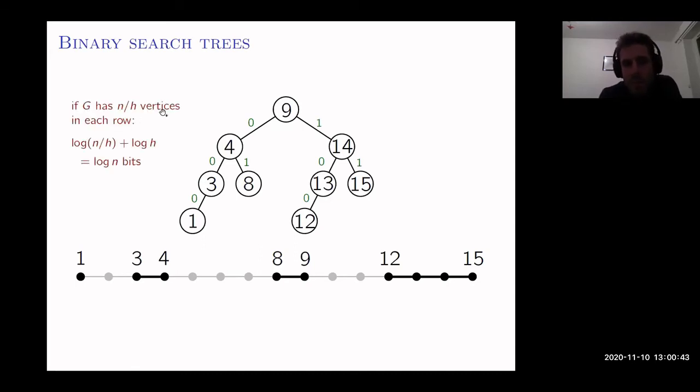Assuming that G is well distributed among the rows, there are h rows. So G has roughly n over h vertices per row. So this binary search tree will have n over h vertices. If we can take some binary search tree that is completely balanced, the depth will be roughly log of n over h. So this will be the size of the label of the vertices of the horizontal coordinate,